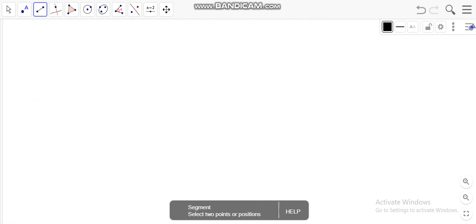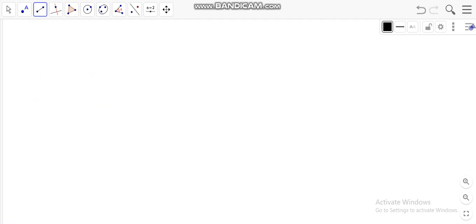Now to create a simple angle, to create a simple segment, you first tap on the screen, drag the cursor and then tap once again. To create a simple angle, you tap again on the screen, drag your cursor to the point A or any point you have and tap on it. As you can see, that looks like a simple angle.